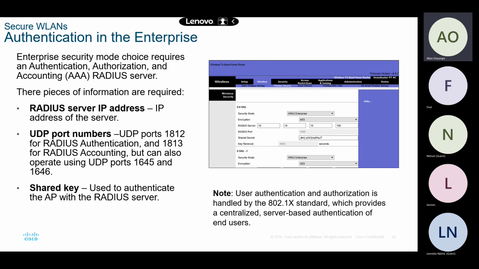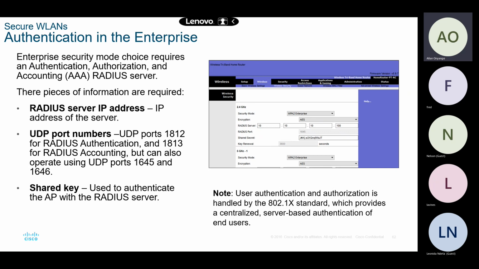And it requires 3 pieces of information here. The RADIUS server must have an IP address. Then it must select these UDP port numbers, 1812 for RADIUS authentication, 1813 for accounting, but it also operates using the UDP ports 1645 and 1646. Now, it must also have the password itself, the pre-shared key, which is used to authenticate the access point